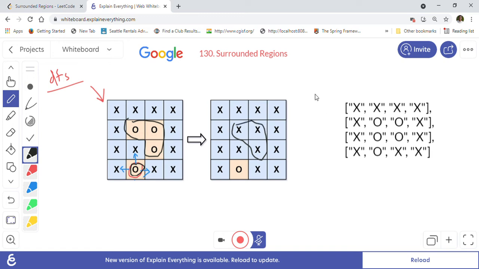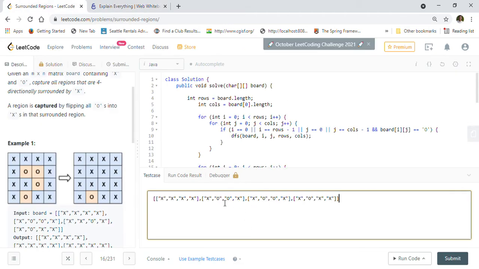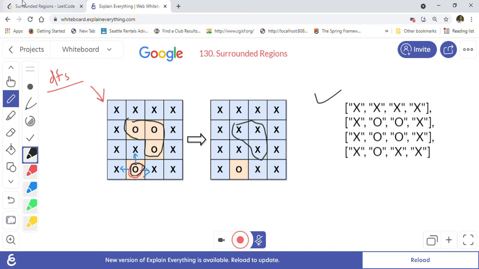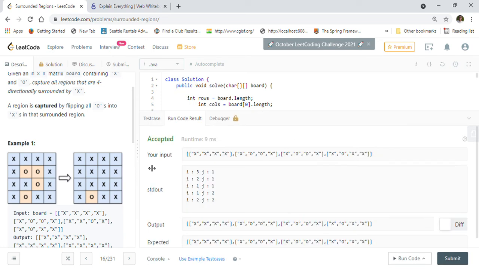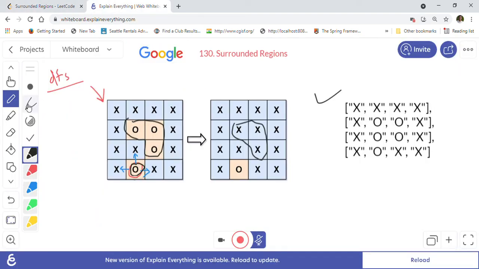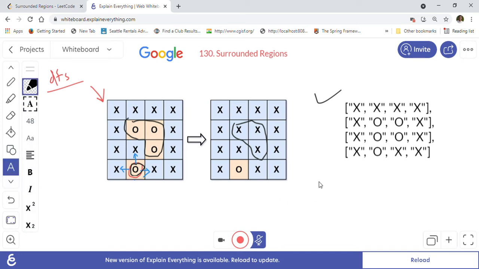Now we are looking at this example, second example. As you can see, this is the second example, 0 0 x 0 0 x, right? So this is the second example. So now let's run this code again. So now as you can see here, I put some system out to show you how the code is working inside, right? So 3 1 we started. So let me just copy this actually, and we can just put it here so you can quickly see here. That will be easy, I think.